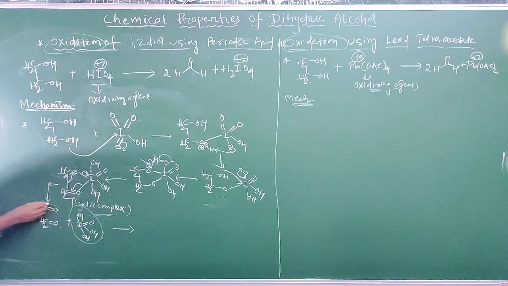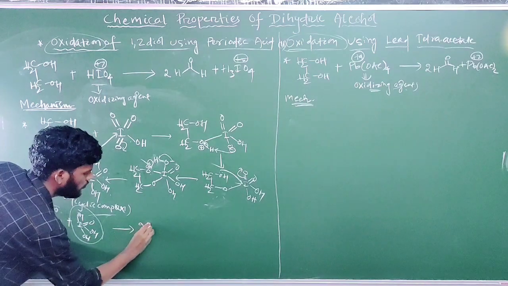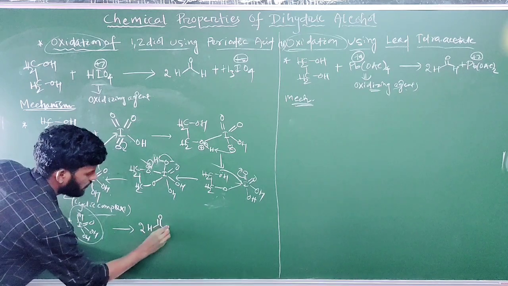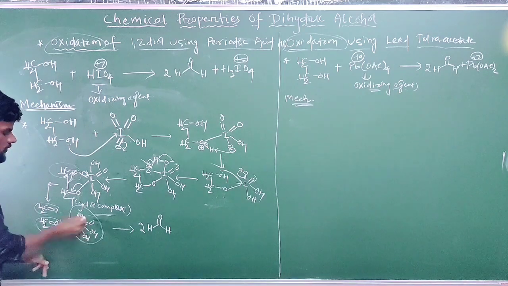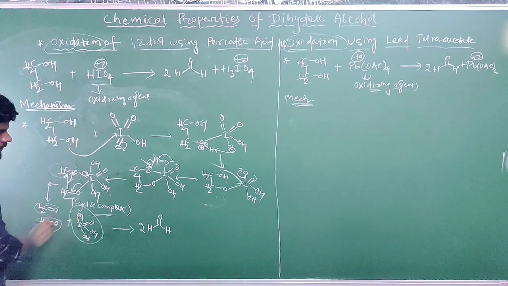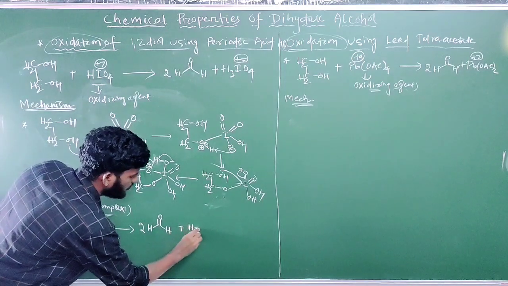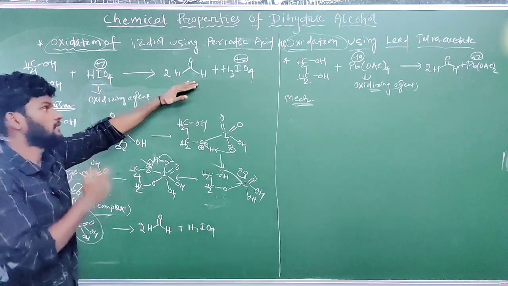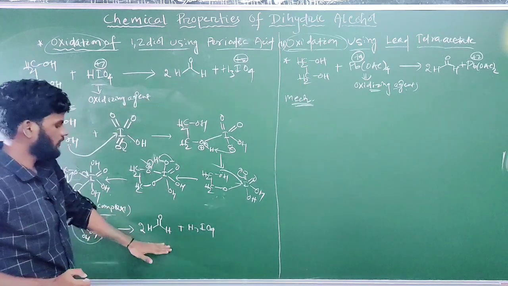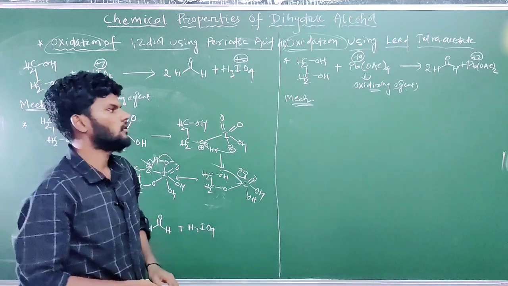Overall, what does it form? This is the structure of formaldehyde, CH2 double bond O, and this is also the structure of formaldehyde, meaning 2 moles of formaldehyde. Here we are getting 2 moles of formaldehyde. We can write it as HCHO, 2 moles of formaldehyde, and here is H3IO4: 3 hydrogens, 1 iodine, and 4 oxygens, 1 2 3 4. H3IO4. Is it the same as the product we have written in the reaction step? 2 moles of formaldehyde, and here is H3IO4. Okay, all of you got it.